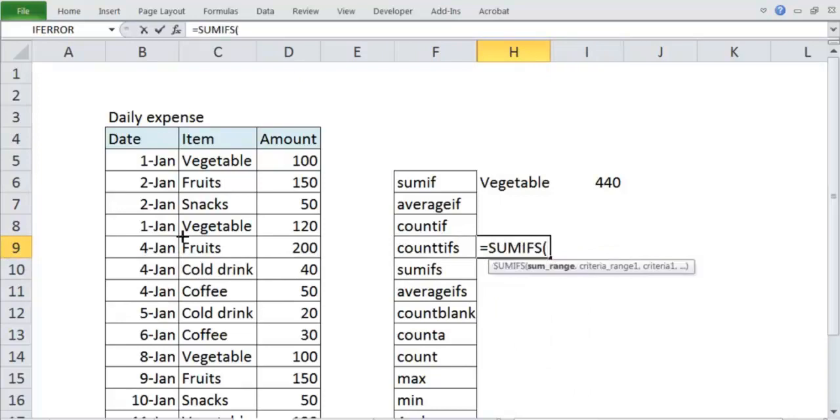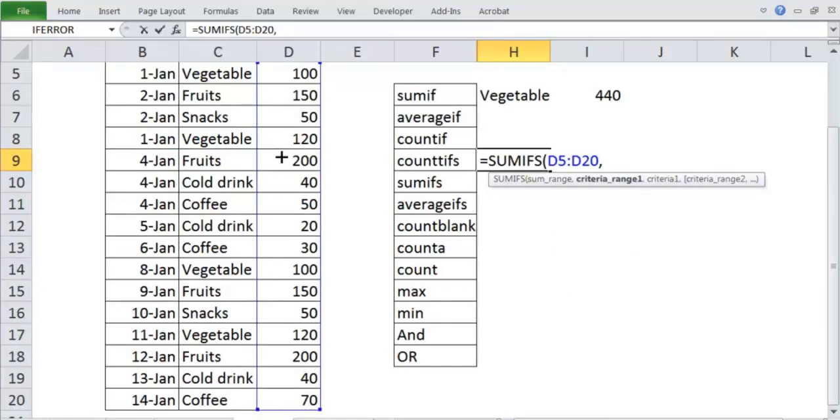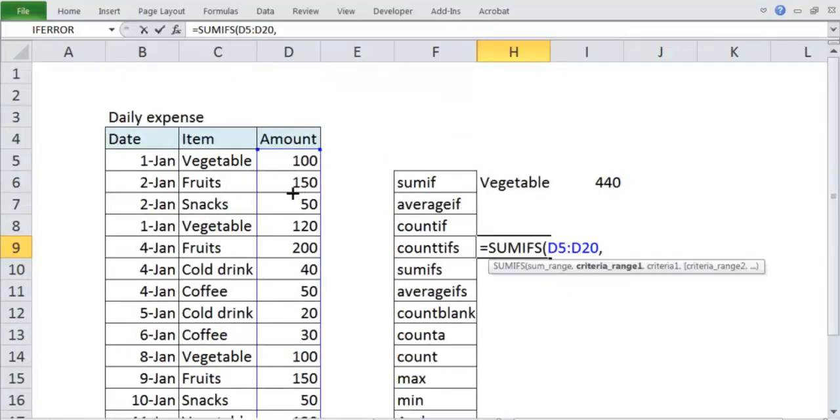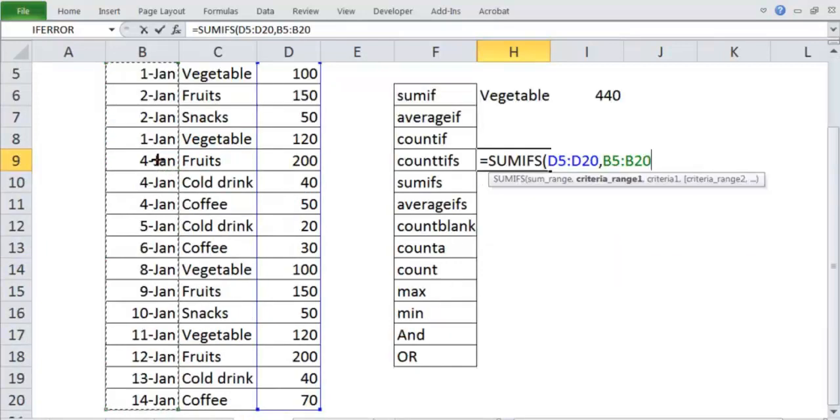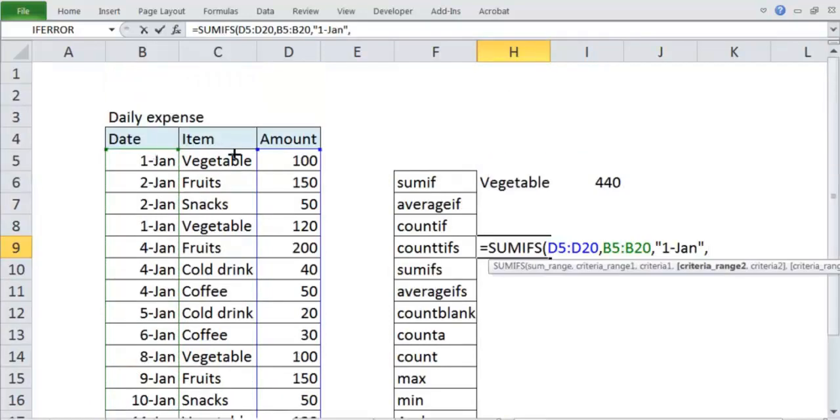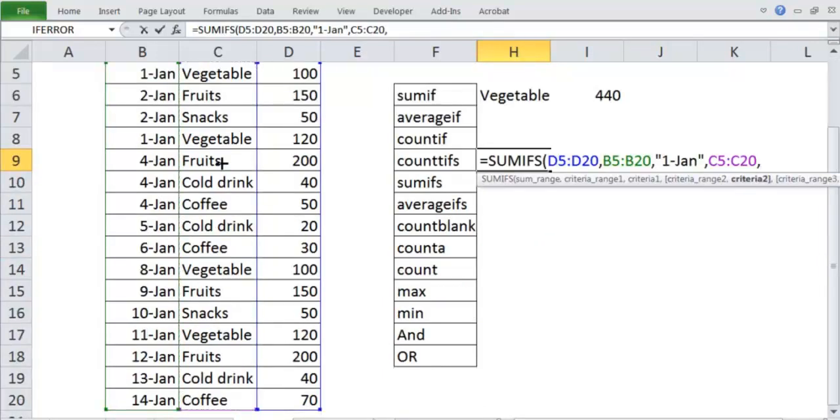I will say SUMIFS and the sum range, this is the sum range, comma, then the criteria. The first criteria is that the date should be equal to 1st January. My second criteria is that this item should be equal to vegetable.